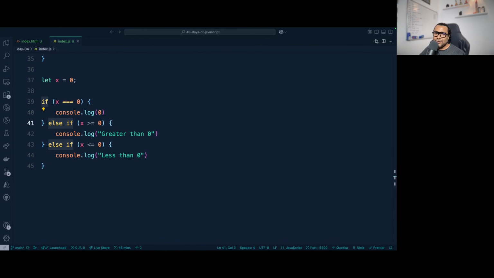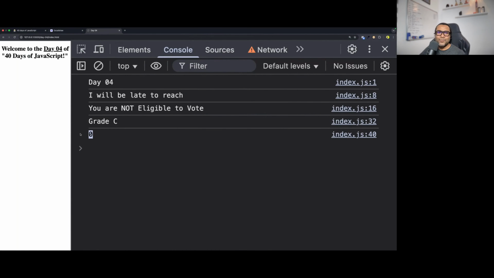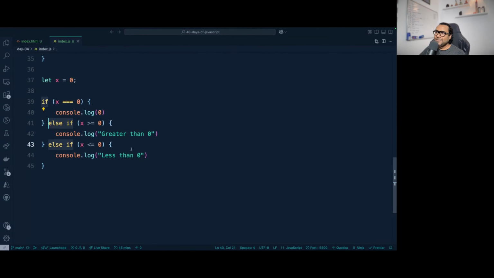So in this case, what is going to be the output? Just the 0. So the rest of the pieces, like greater than 0 and less than 0, are not at all getting executed. So remember, a bunch of if blocks versus if and else tied together depends on what exactly you are trying to achieve.